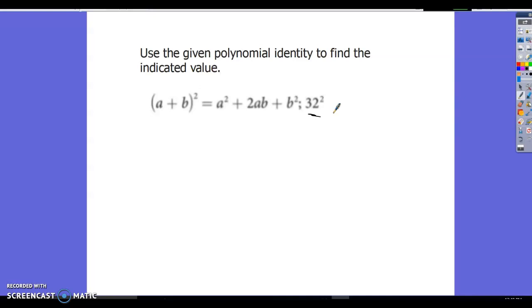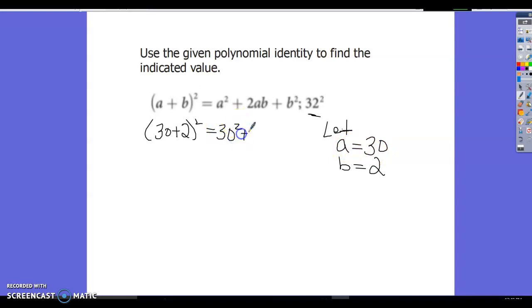Okay, so let's say we've got a and b. Let's say a plus b, and we need something that equals 32. So let's just make it easy. Let a be 30, b equal 2, and let's see if we can prove this identity. So we're going to do (30 + 2) squared. Does that equal a squared, which is 30 squared, plus 2ab, where a is 30 and b is 2,